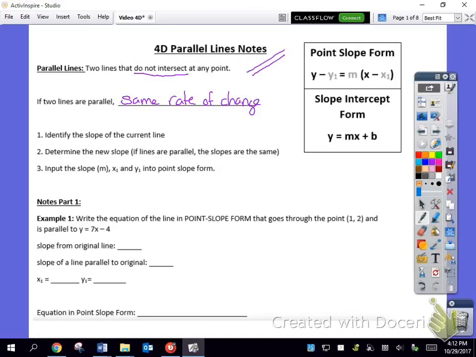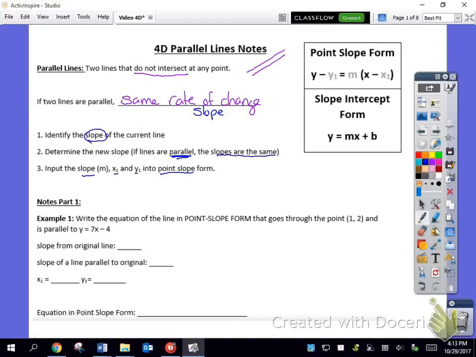Now, another way of saying that is that they have the same slope. Okay, so the same rate of change, same slope. So to write an equation for a parallel line, we're going to identify the slope of the current line, determine the new slope. If the lines are parallel, the slopes are going to be the same. We'll input the new slope, and then we'll put the x and y into the point slope form